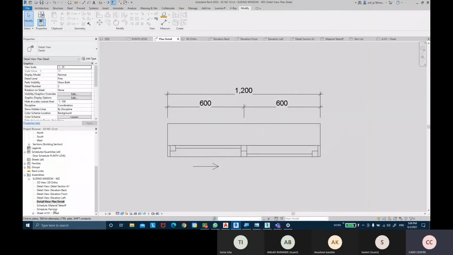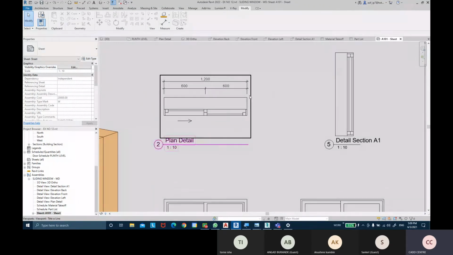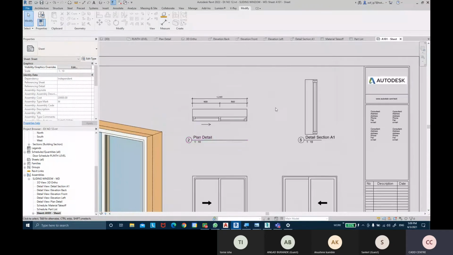So when you come back into the sheet sets or the sheet, you can see the dimension is automatically added over there as well. Okay.